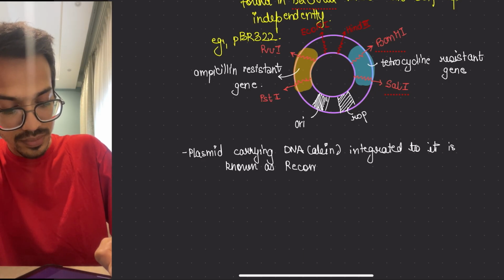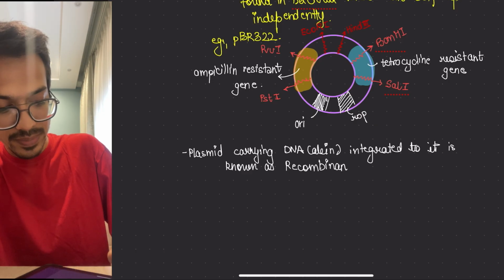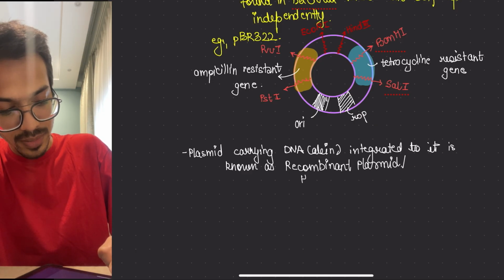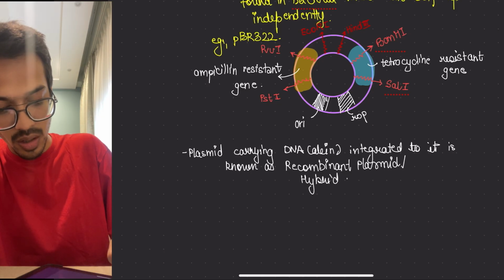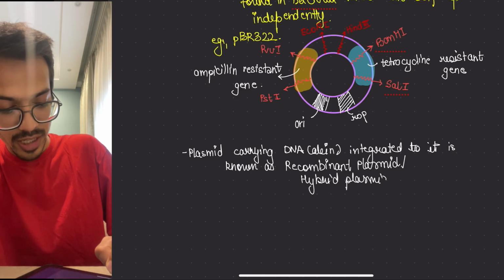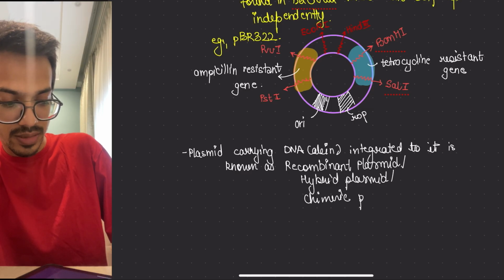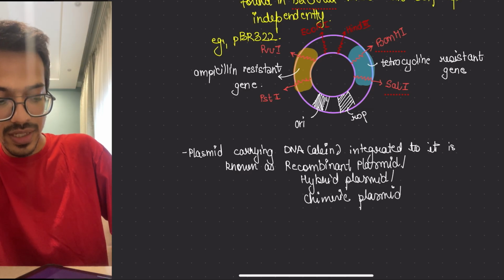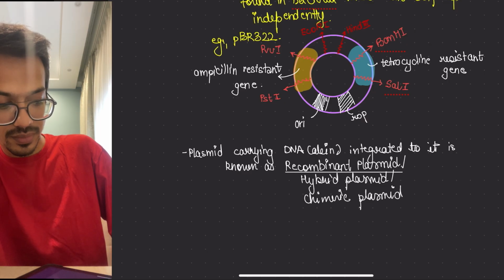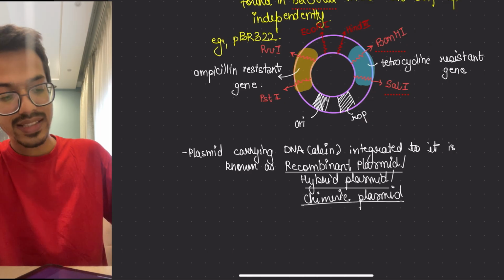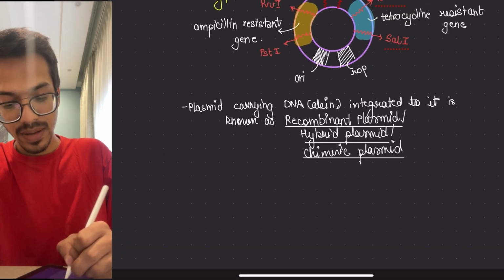Or the plasmids. Okay, so the plasmid with integrated DNA is known as recombinant plasmid, or what? Hybrid plasmid, or what? Chimeric plasmid. So these three names are being given. Except for it, there is what? Ti plasmid is there,